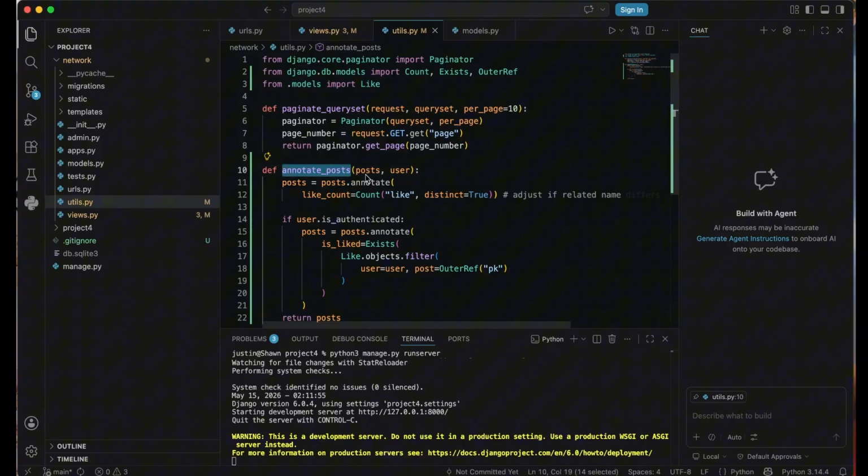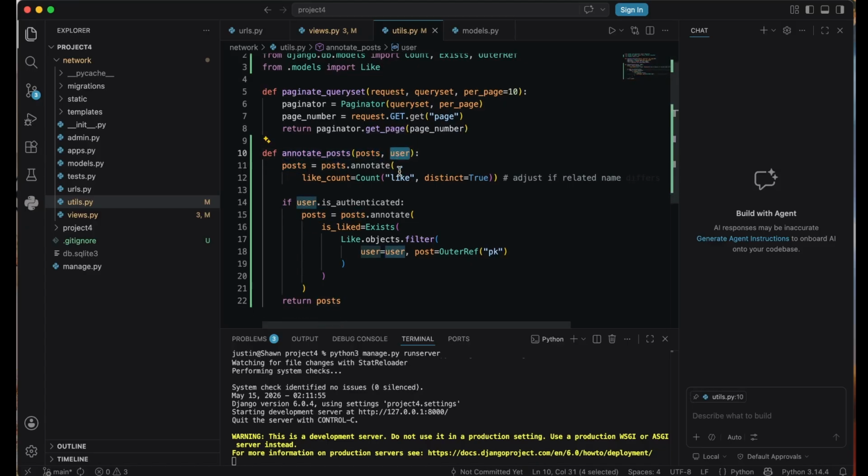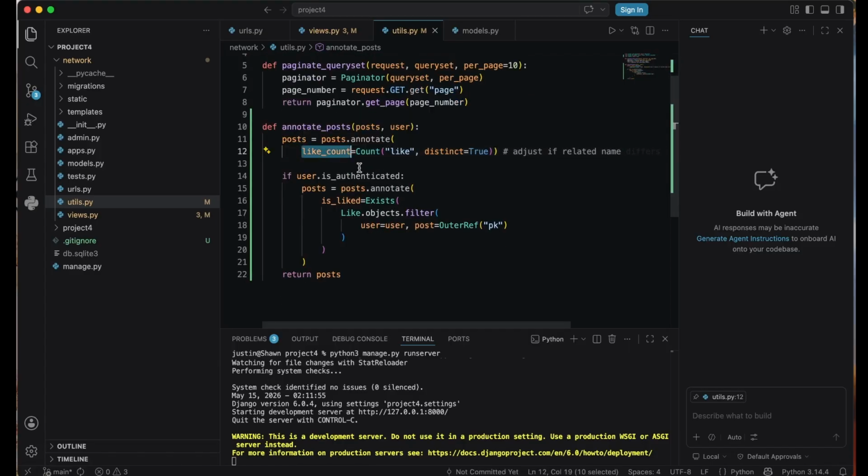Next, in our annotate post, what we need is the current post row that we are working on, and also the current session of our user. What annotate does is, this is Django's way of saying add extra fields, but they do not need to be inside our database, not stored in our DB. These added fields are just logic or computed data that we append to our object. Simple idea: annotate says for every post, add new data that is not from the DB. This is just backend logic where we add custom fields, per se.